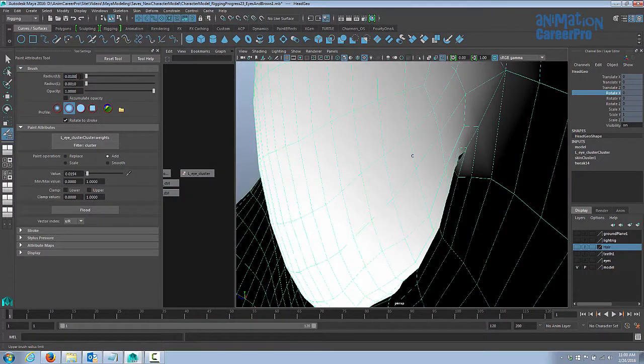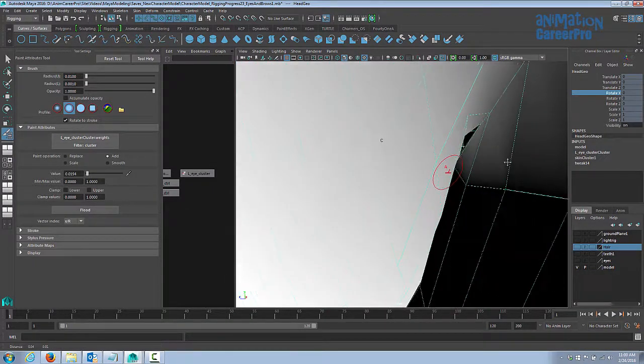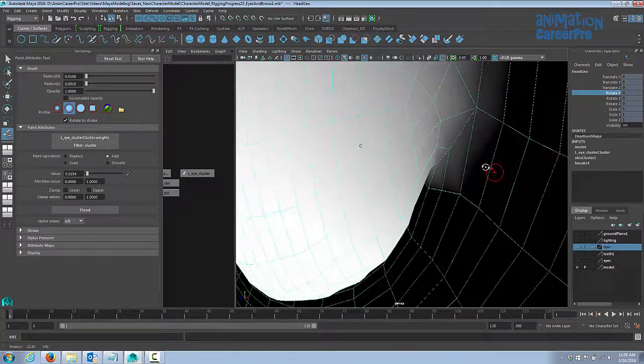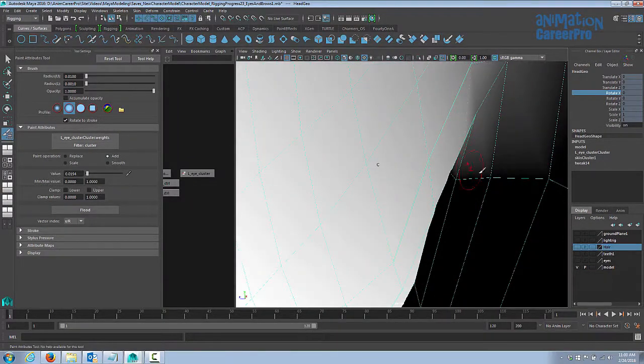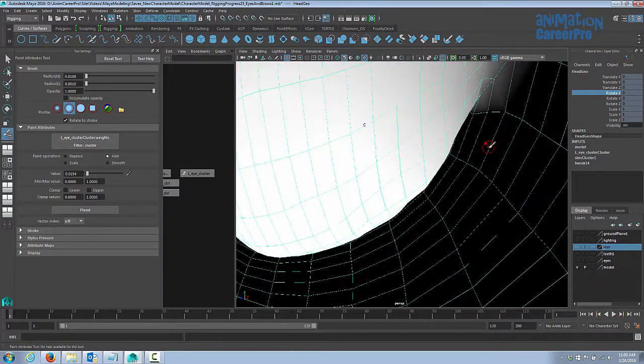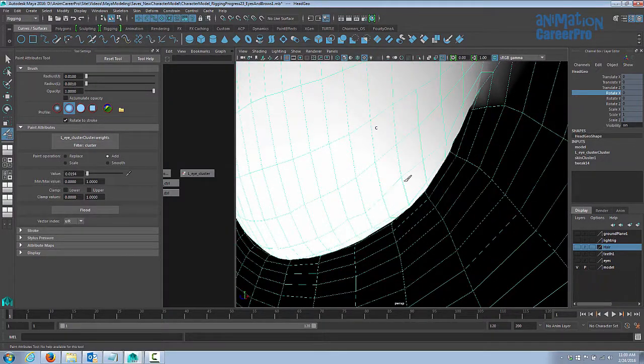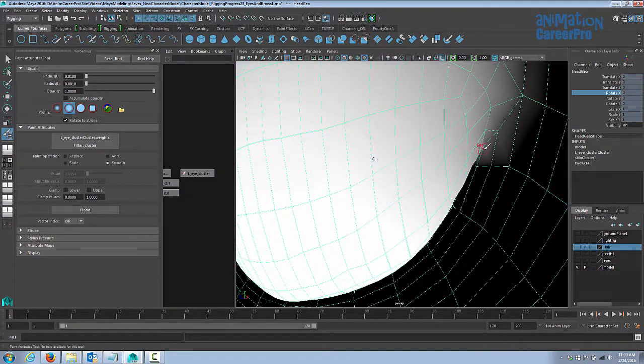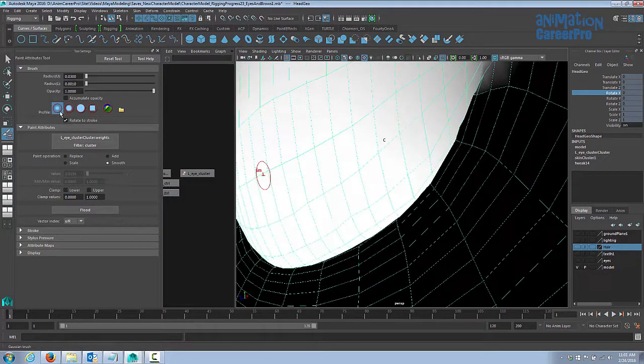So I'm going to go to a value of 0.01, and I just want to tweak that vertex out a little bit. There, and I'm just going to leave that just how it is. Alright, and I'm probably going to smooth this area out by hand. We'll go to our smooth function. I'm not going to go to that area. I want that vertex to stay right where it is, right in that crease. And we'll bring our brush up to 2, and we're just going to smooth out this whole area a little bit.